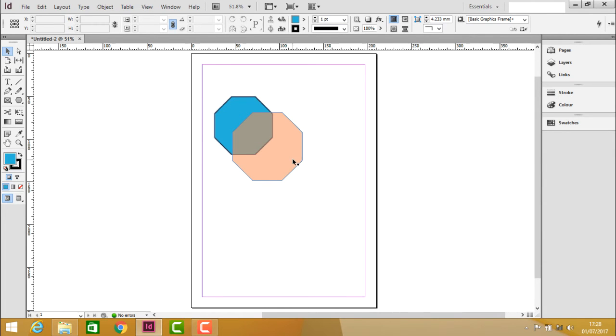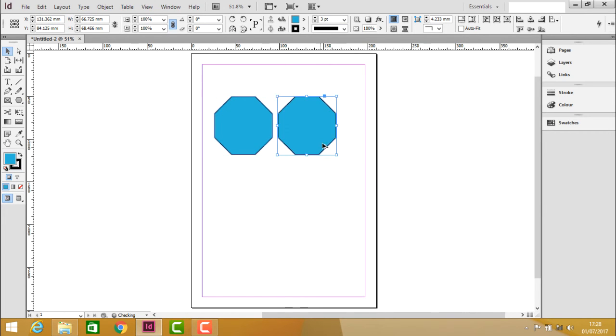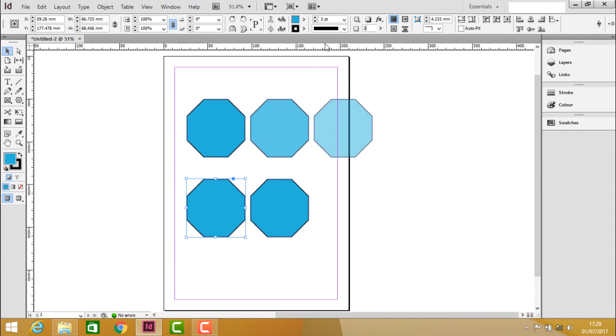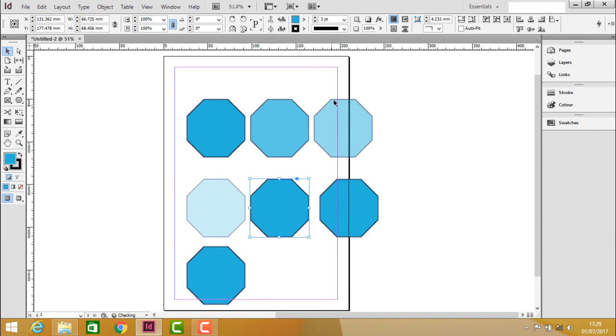Not only this one, by selecting this object, hold Alt and drag multiple copies, and you can actually see the changes. This is 100% of opacity. You can select and type in the value to 75%, 50%, this is 25%, this would be 12.5%,